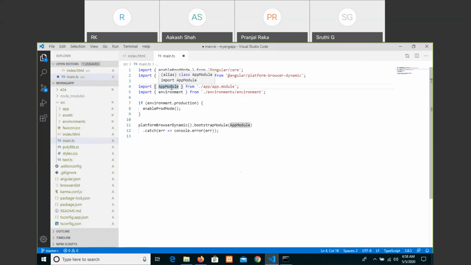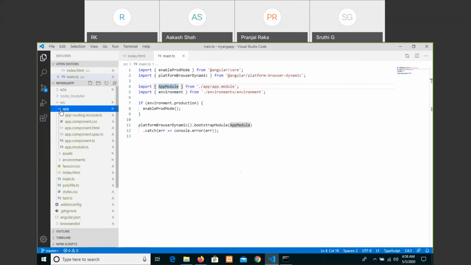The app module is a point where you can have a group of components. This app module is located in the app folder as app.module. So enter into src, which has the app folder.